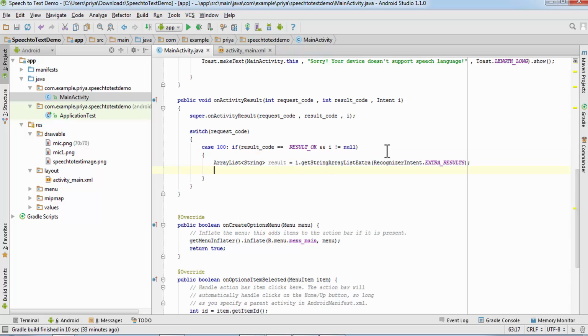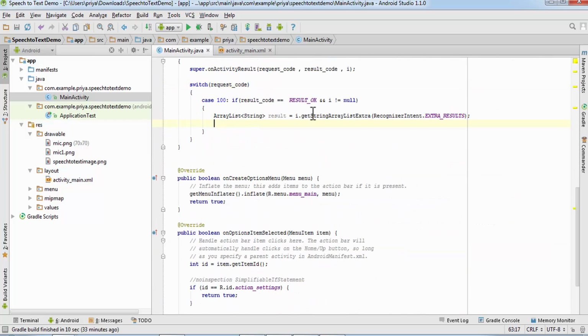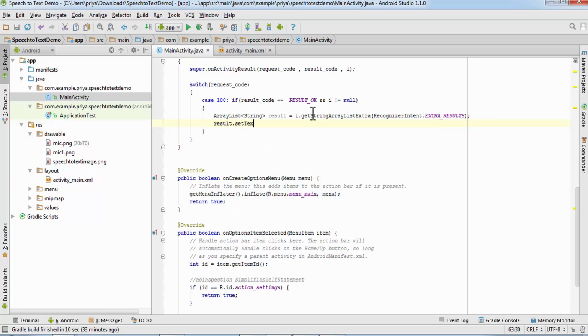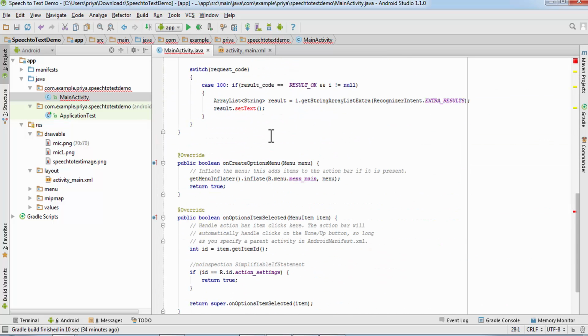So the name is result. So write result text dot setText, and here I'm going to pass result.get(0).